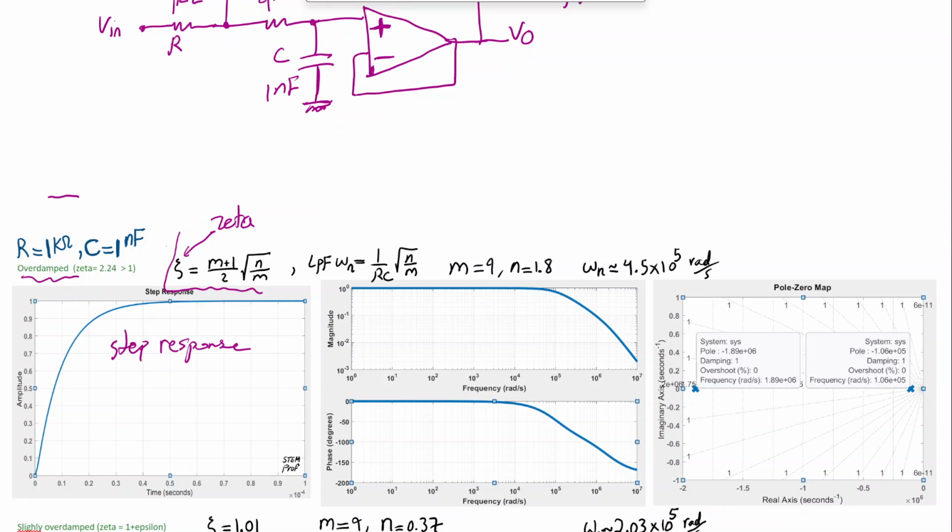So what happens at the input V in, it is a step like this, 0 to 1 volt, and we are tracing that at time t equal to 0, V in jumps from 0 volt to say 1 volt. Then how the output is tracking that, and this is the output moving up from the initial state of 0 volt at time 0. The x-axis is time, the y-axis is the output of the filter in voltage, so this is V out, and you can see we go to 1 volt for V out,